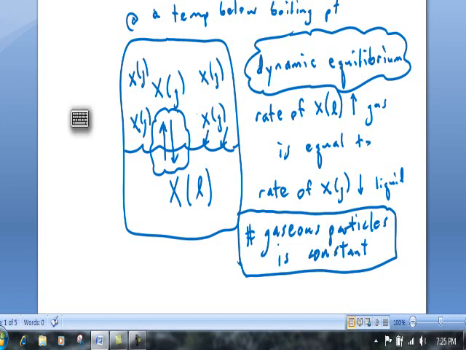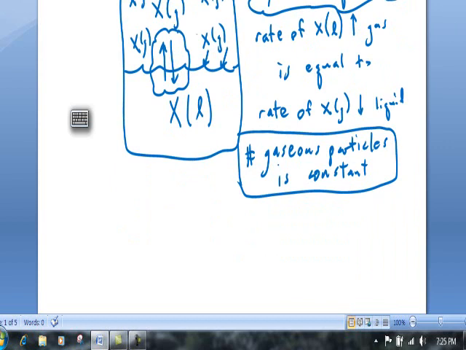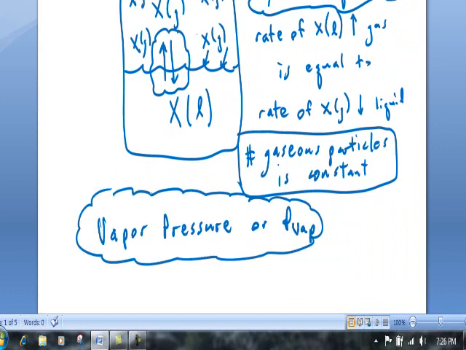The pressure that's being created by these gaseous particles when in a state of dynamic equilibrium with the liquid phase is specifically referred to as the vapor pressure of that liquid. The vapor pressure of a liquid is a specific quality for that liquid and unique to any given liquid. The vapor pressure, again, is the point at which we have this dynamic equilibrium: the rate at which liquid is turning to gas and the rate at which gas is turning back into liquid